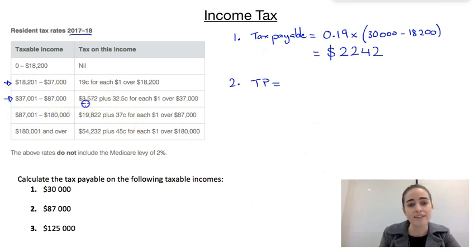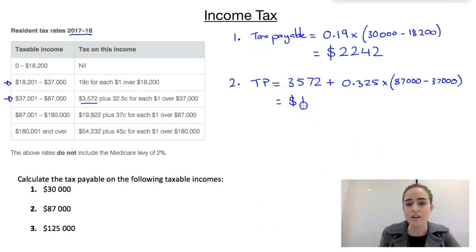We've got this base amount of money, plus then we're going to pay 32.5 cents for each dollar over 37,000. So we're going to have this base amount. So we're going to go $3,572 plus 32.5 cents, so 0.325 if you write it in dollars, times the amount that we're over that 37,000. We're going to go 87,000, our taxable income, minus that 37,000. And if we put all of that in our calculator, we're going to come out with